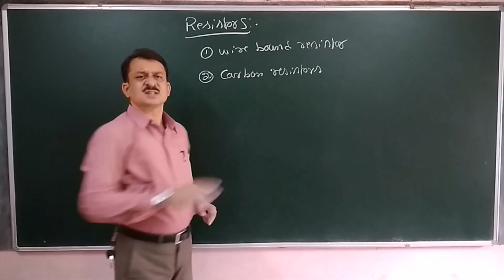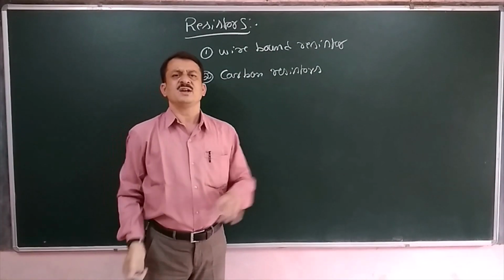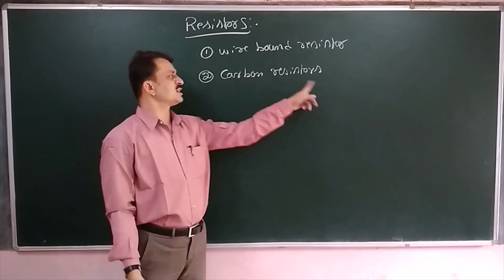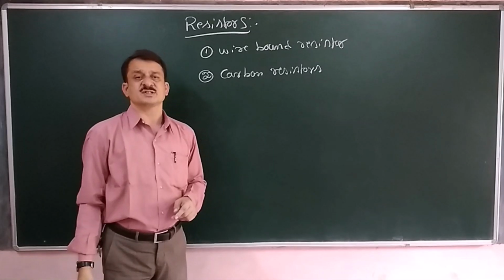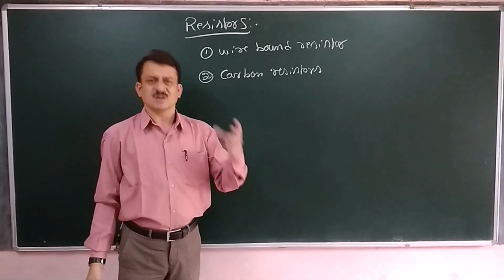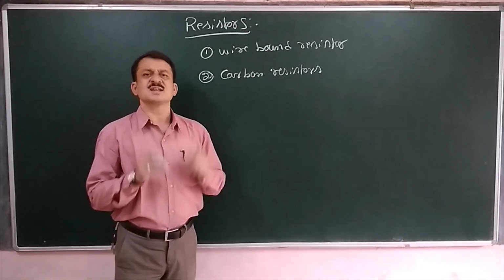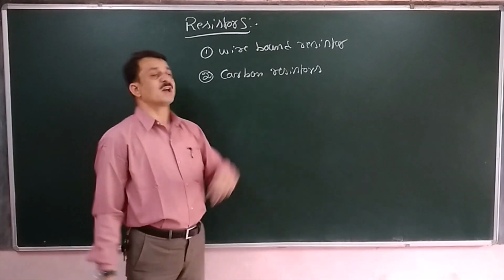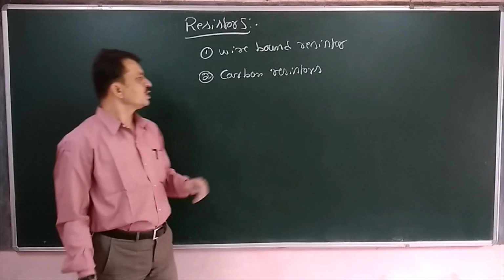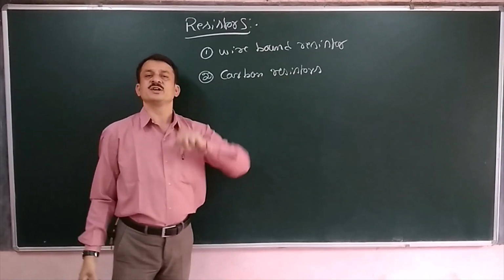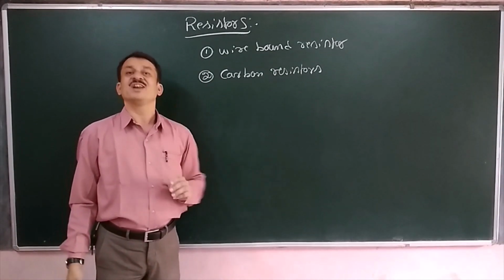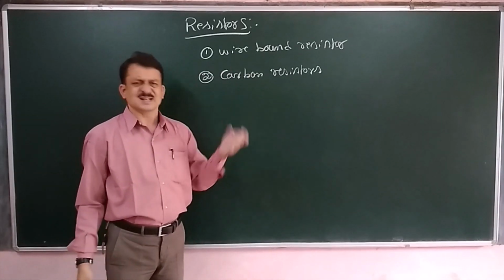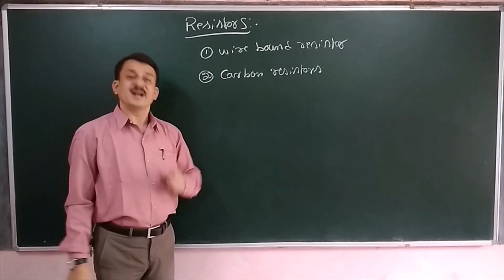Since these resistors are larger in size and their value is very small, we require another type of resistor called carbon resistors. These resistors are compact, small in size and economically cheaper compared to wire bound resistors. We are extensively using these resistors in all electronic circuits. Since they are small in size, their values can be identified